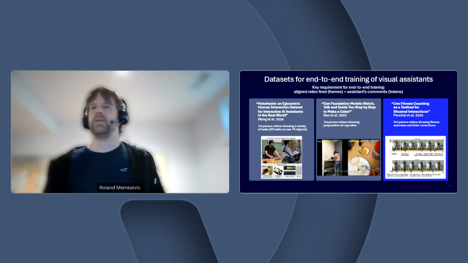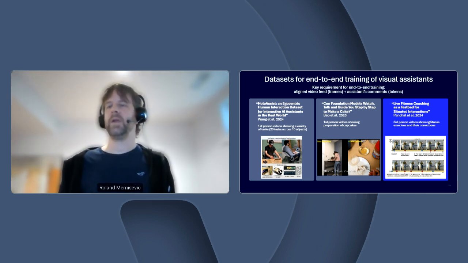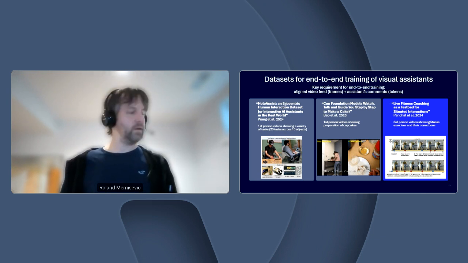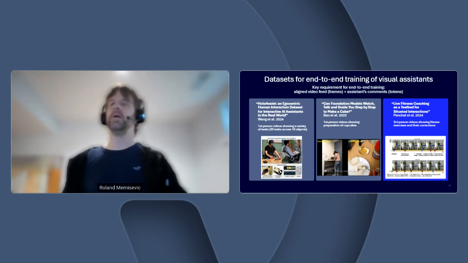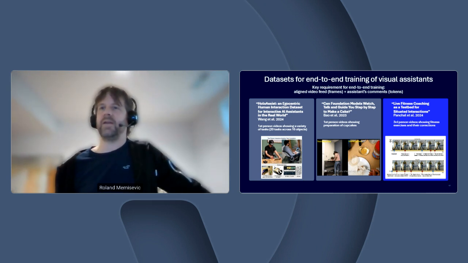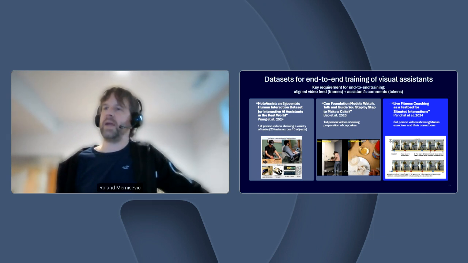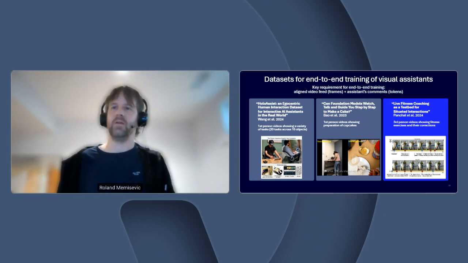And then there's ours, which we introduced and open source recently, which we call QEVD, Qualcomm Exercise Video Dataset. That one is a third-person dataset where a user is in front of a camera, for example, by placing their phone next to them. And the camera watches the user doing various exercises, many different kinds of exercises, and understands what kind of mistakes they're making, how what they're doing relates to how they've been doing in the past, how they should improve their form, whether they did it, and so on and so forth.